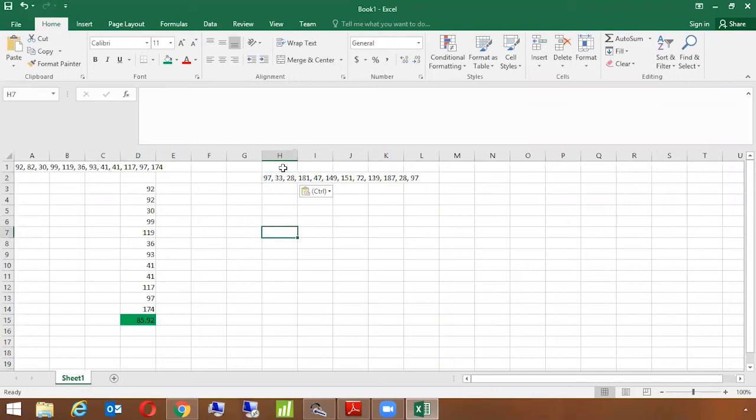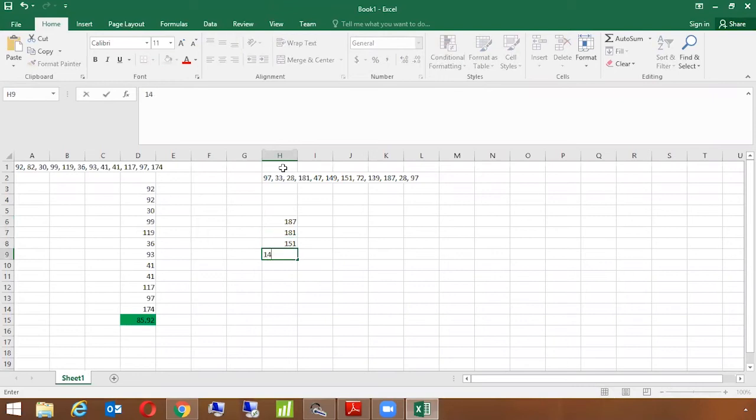So I'll just take the numbers here. There is a condition that it has to be arranged in an order, either ascending or descending. So the first value we are going to do in descending order. The highest value is 187, then we have 181, then 151,